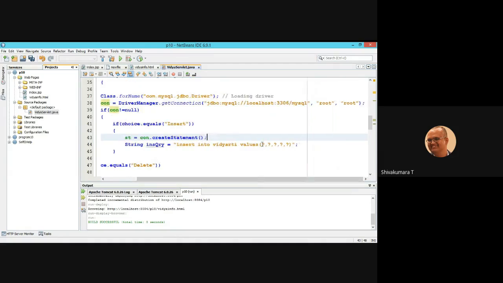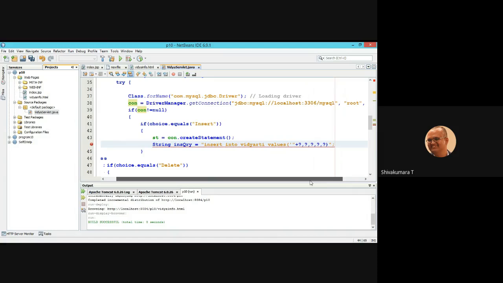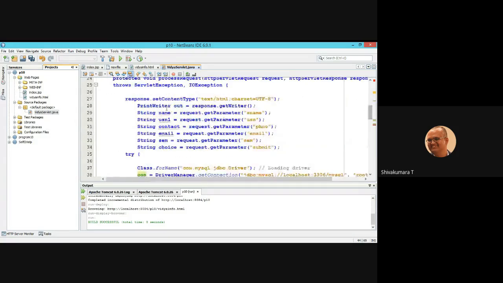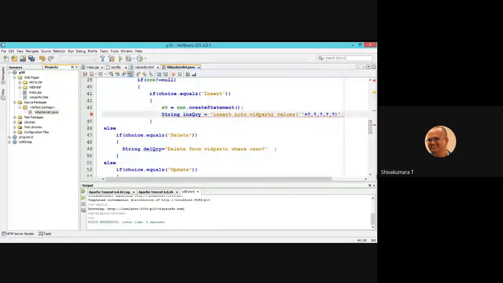Rather than going with question marks, I am passing values directly into the query. What is the very first value? First value is name.